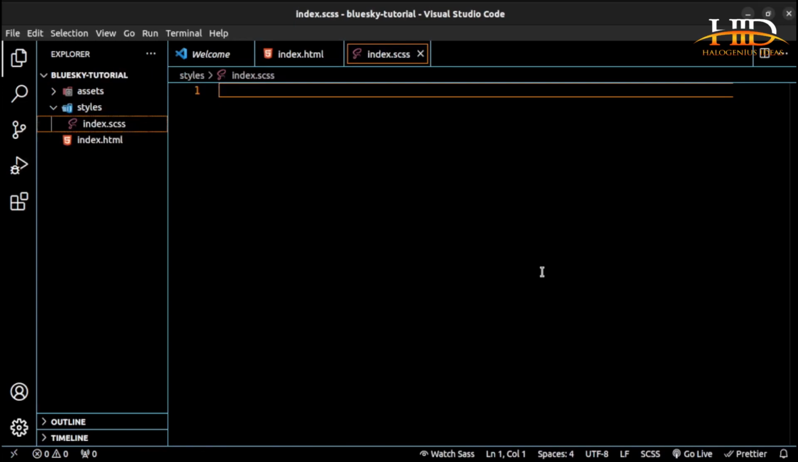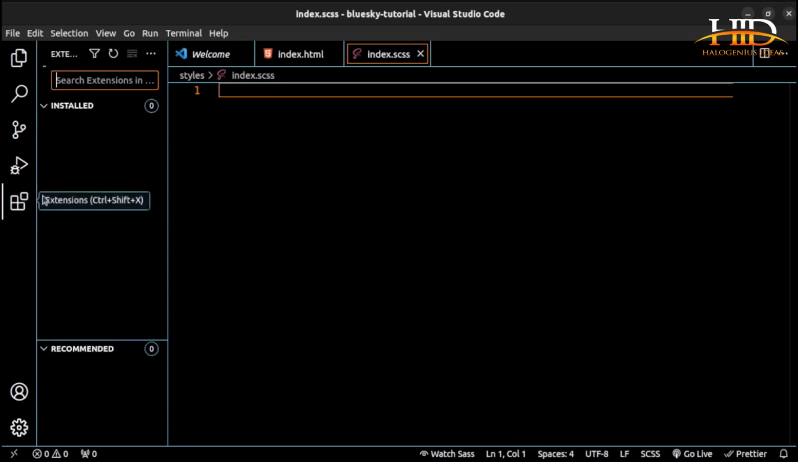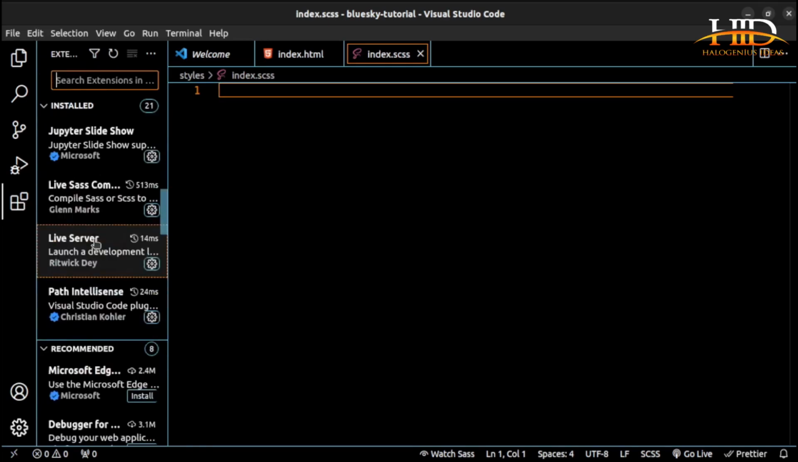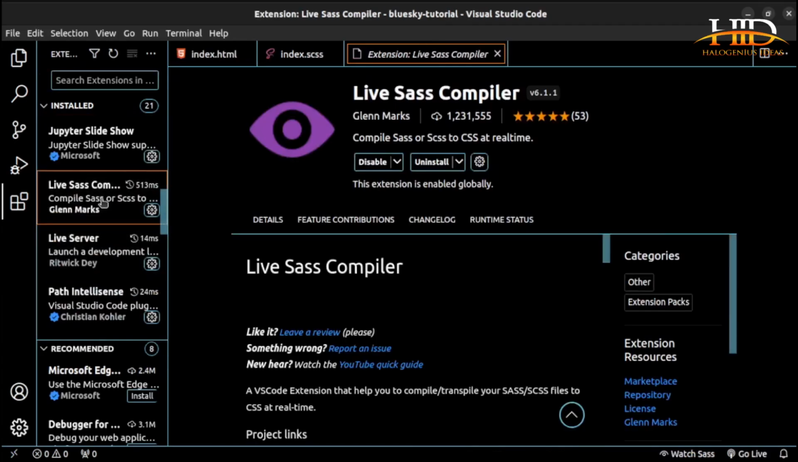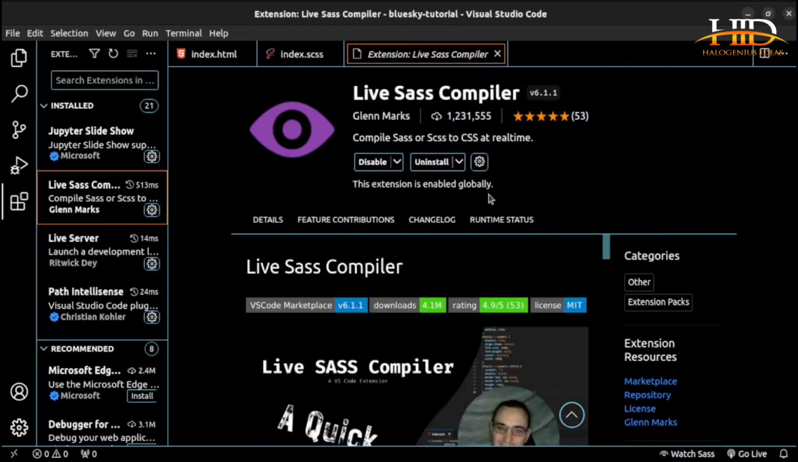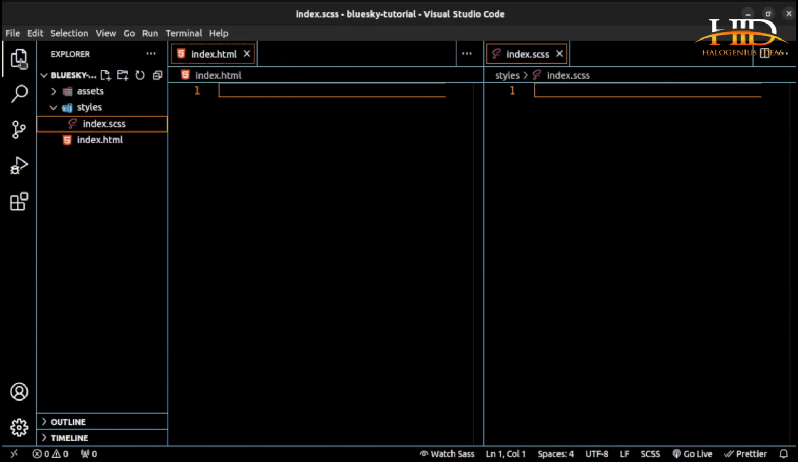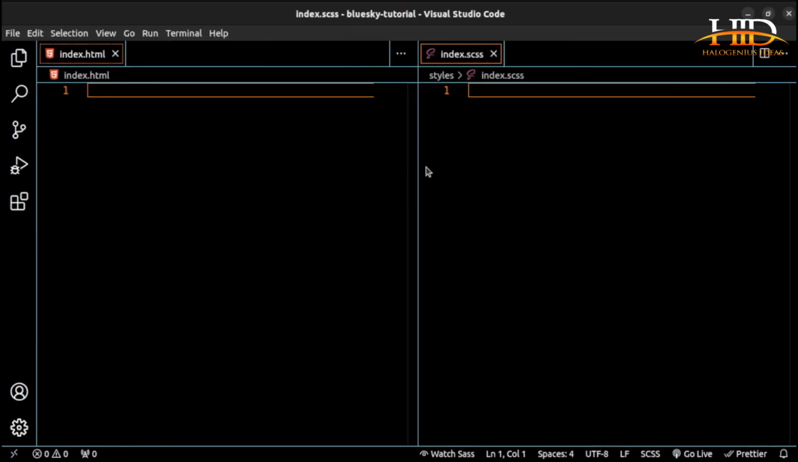If you are looking for an SCSS compiler for VS Code, look for Live Sass Compiler. This is my Live Sass Compiler over here. You can see this is the Live Sass Compiler. Install it in your VS Code. It will compile the Sass for you. So I want this one to occupy half of my screen, then my index.html will occupy half. Okay, so